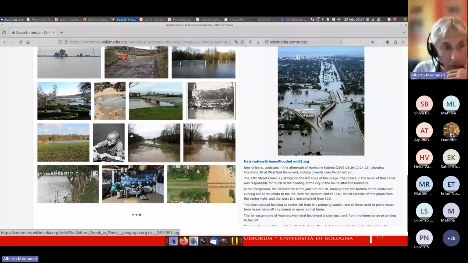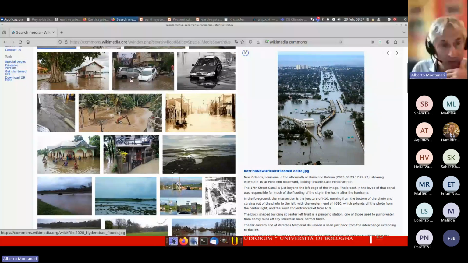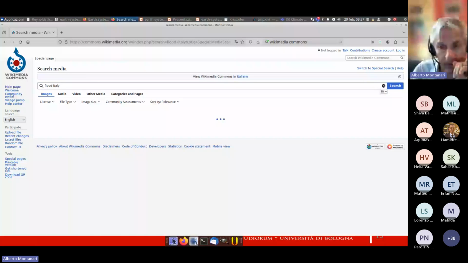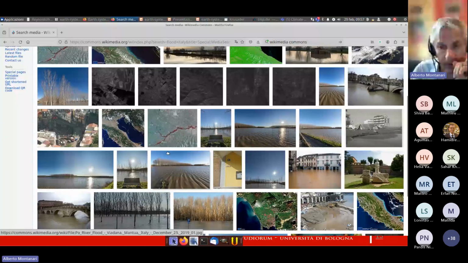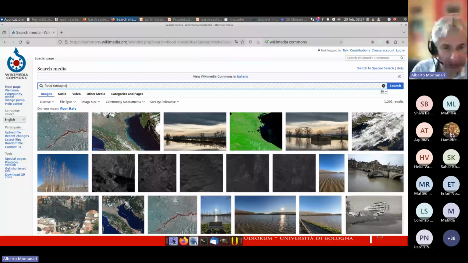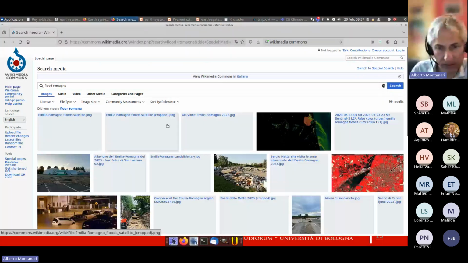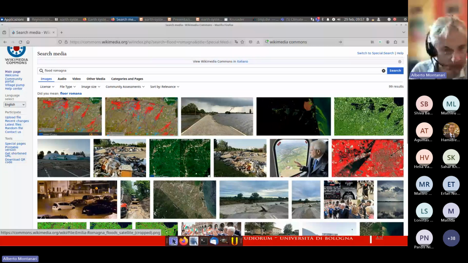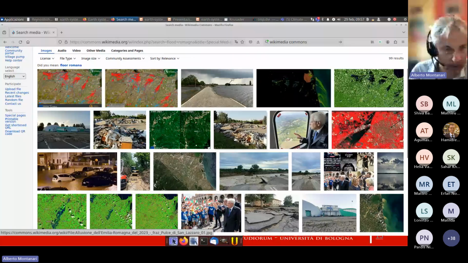And if you look for flood Europe or flood Italy, let's say, related to Italy, what is interesting to do is flood Romania. It was just last May, and there are very nice pictures of the flood that took place in the Romagna region, and some of them you can find in my web pages, and I think